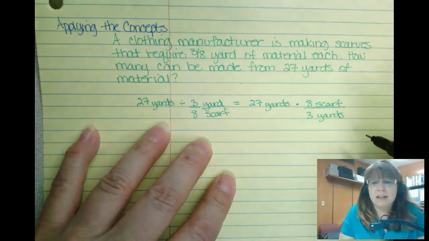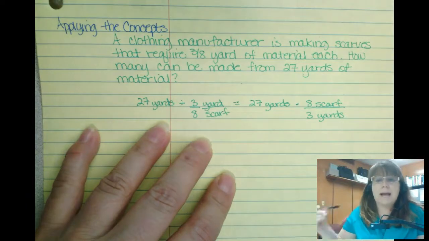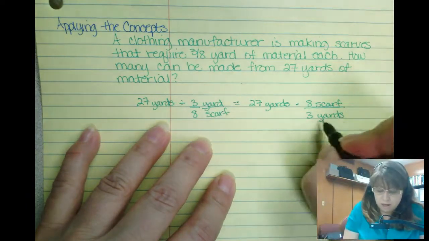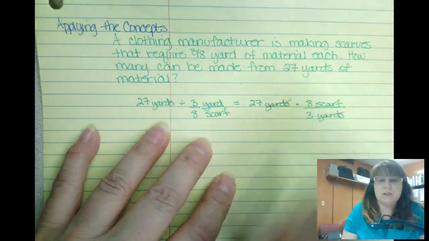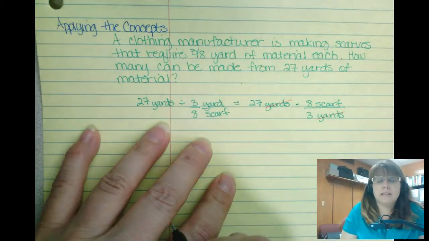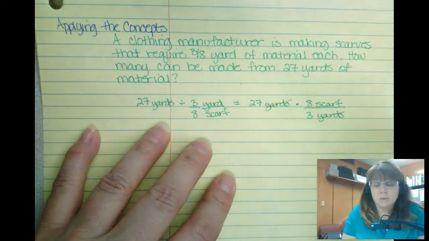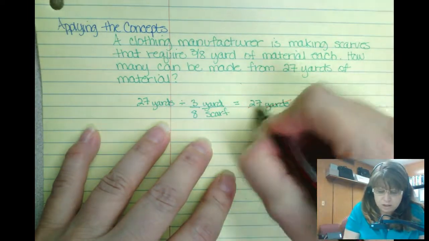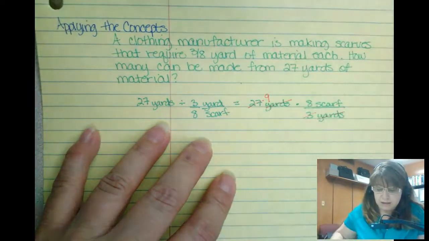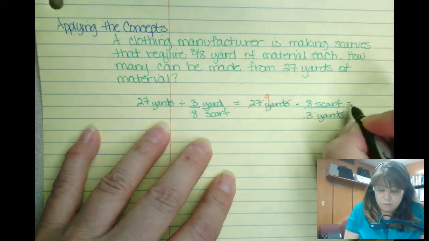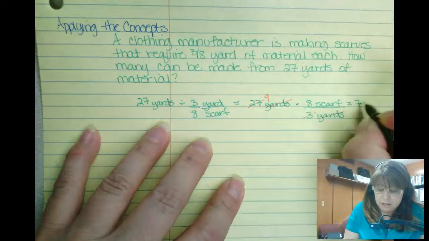You wouldn't necessarily have to, you just have to remember what you're solving for. But here's the reason why I labeled everything. Yards cancels out yards. It does. Remember, anything over itself is just 1, so yards will cancel out. 3 goes into 27 9 times, and we're left with 9 times 8 is 72